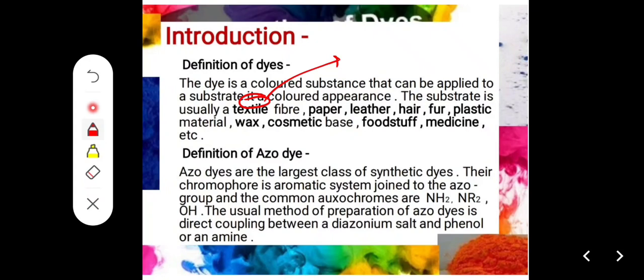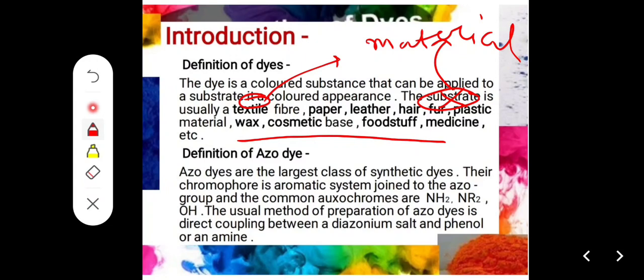The substrate may be textile fiber, paper, leather, hair, fur, plastic material, wax, cosmetic, foodstuff, medicine, so many things. We can better call the substrate a material. Instead of using substrate, we can use material. So the dye is a colored substance that can be applied to any material to give a colored appearance. The material may be textile fiber, paper, leather, hair, fur, plastic material, wax, cosmetic base, foodstuff,